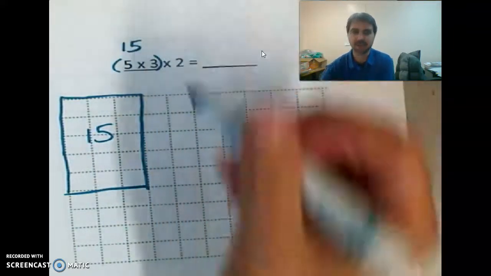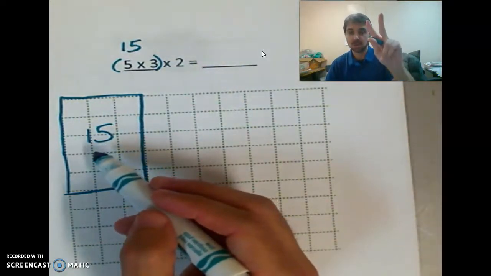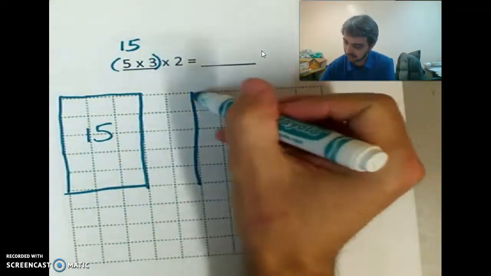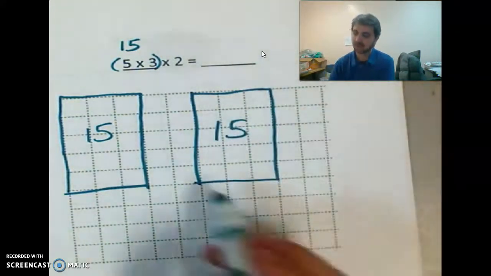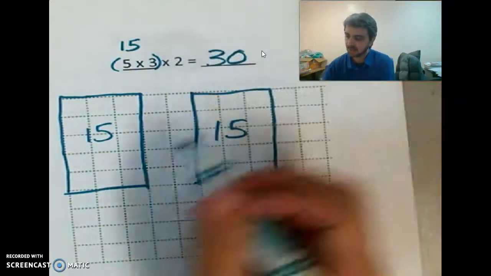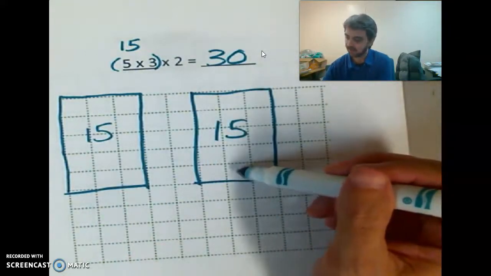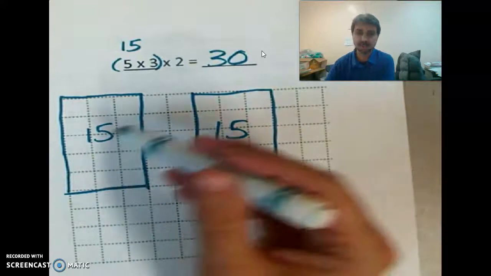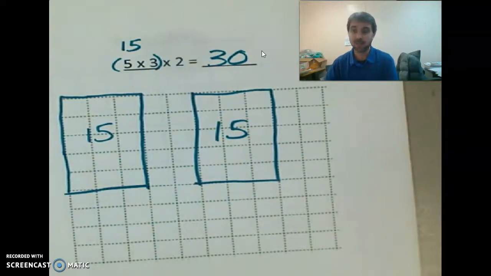So now what we're trying to figure out is 15 times 2. So we have to do it twice. So I'm going to draw this rectangle again. 5 times 3. Okay, so 15 2 times should give me, I think it's 30. Let's see, 5, 10, 15, 20, 25, 30. Yes, it does work. Okay, so that's 30. So this is a visual of what 5 times 3 times 2 would look like. Right, now on the next page,